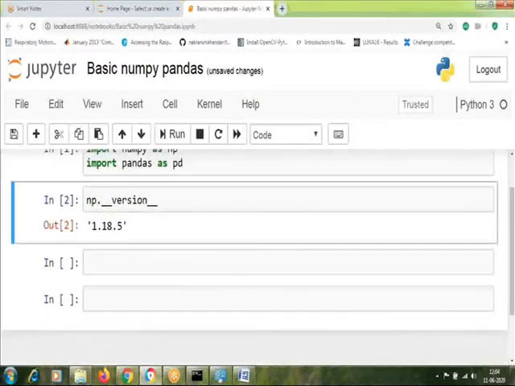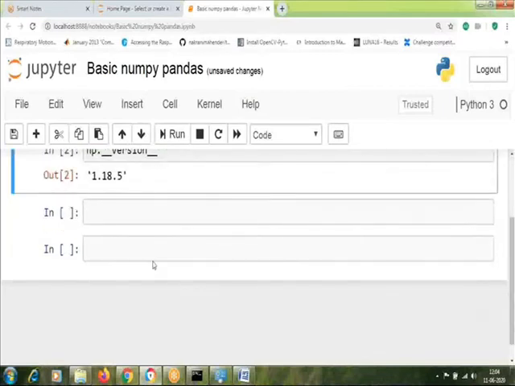Now the advantage of NumPy is that we can use it for creating different arrays and lists, as well as matrices. For computer science and IT people, you already know how to create lists and arrays in Python, but people from other branches like mechanical, civil and electrical might not know about it, so I'm going to briefly describe that part.